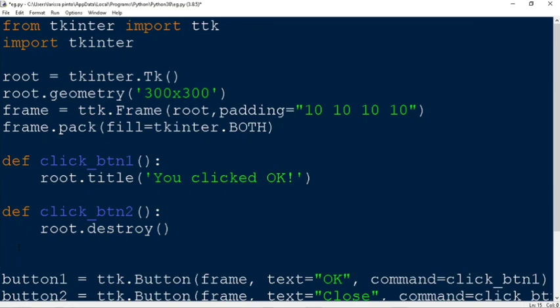So for that, we write name. So we are taking the name of the user. So we write name underscore label. So this creates a label for the entry. Or you could just have a normal label without attaching to anything. So we just create a label, and then for that we write ttk dot label,